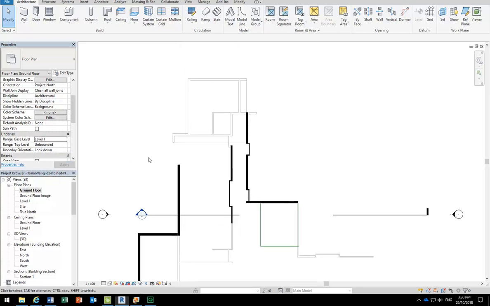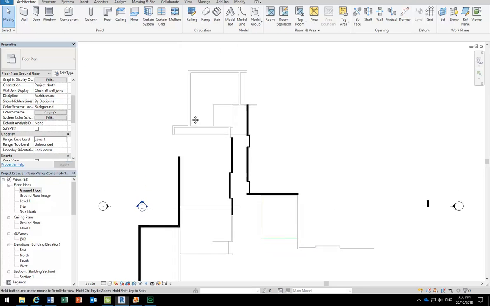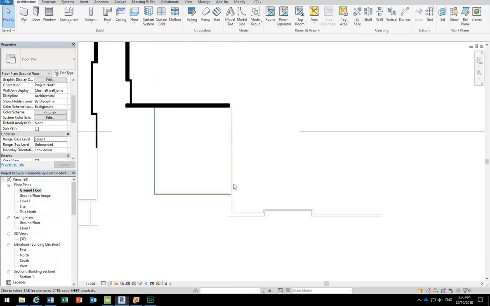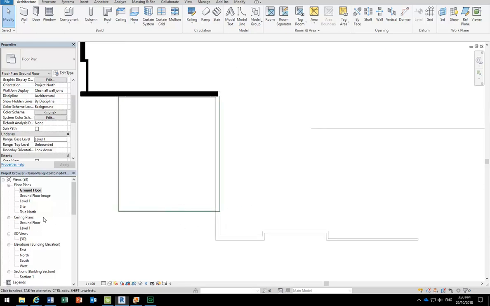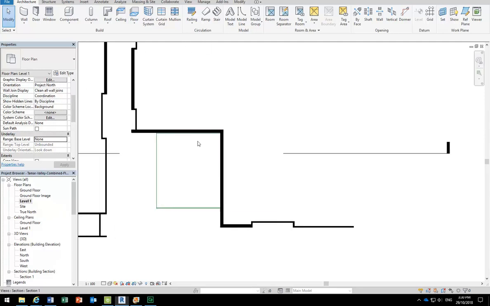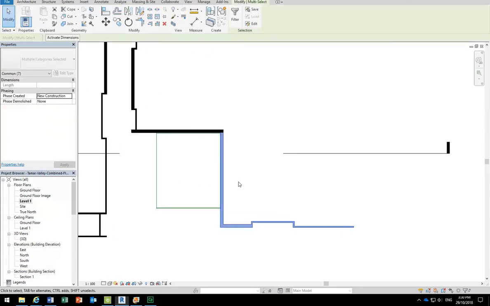So I can see there pretty clearly that some of these walls, maybe for example these ones over here, are missing from this level. So I'm going to go and just open up level 1 and select those walls that are missing, and then click copy to clipboard,